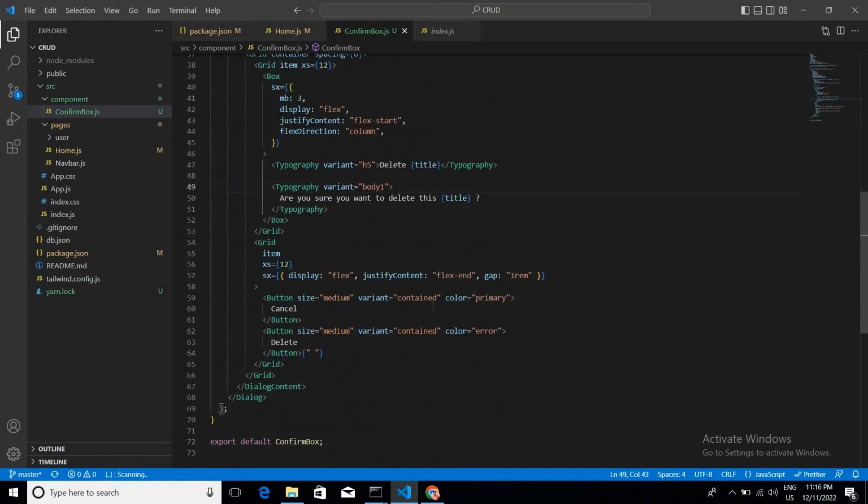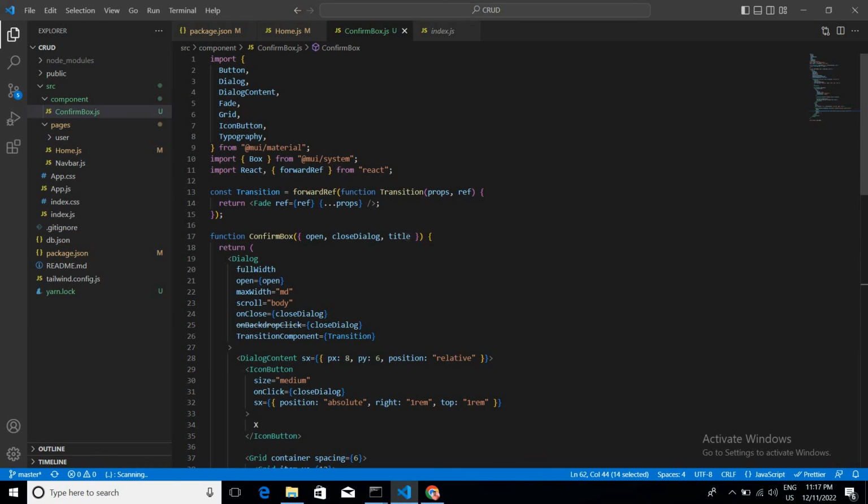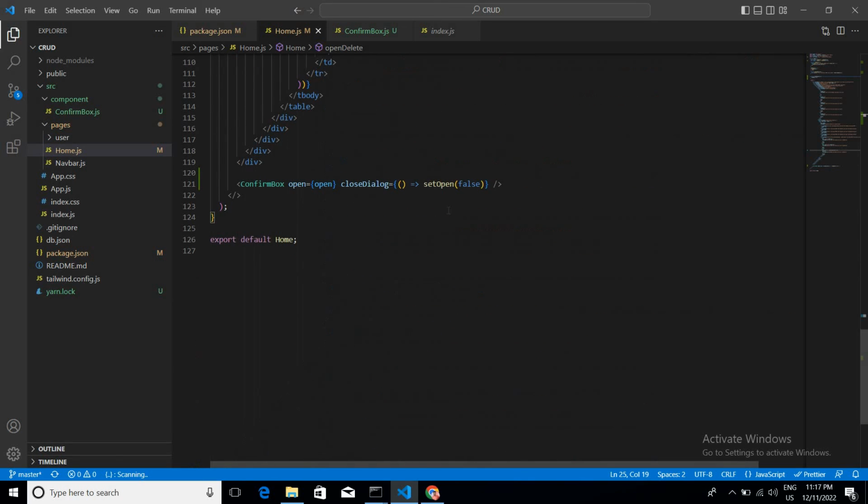and we'll need two things. On the cancel, we'll again have to close this box. So on click, close dialog, and on click of this one, delete function. So we'll again need a delete function. So these are the total 4 props we'll need here. Just these props. Okay. So going in the home page,